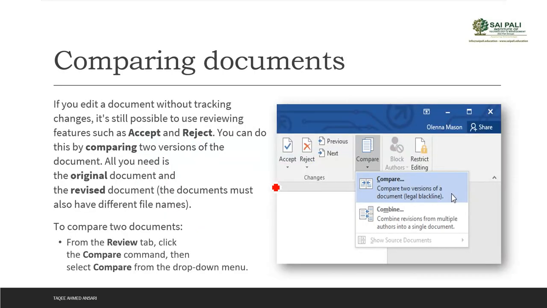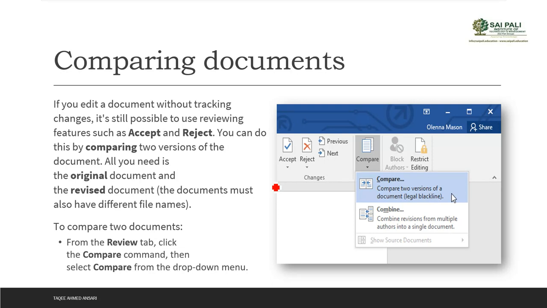Now the next thing is compare the documents. Suppose I have not enabled the tracking changes command, but I have changed the document.